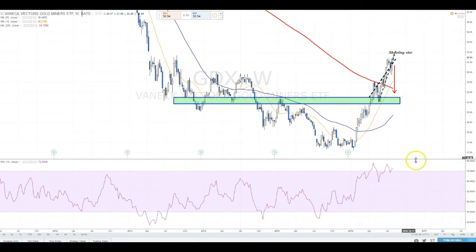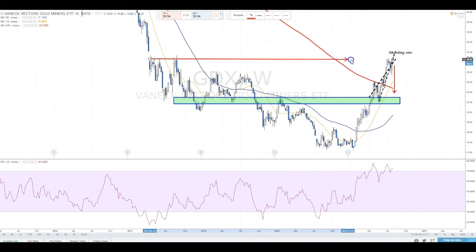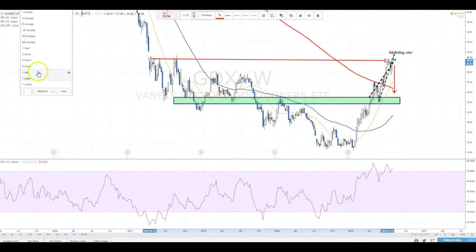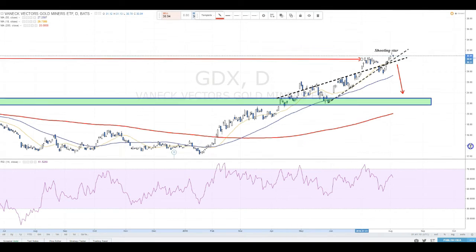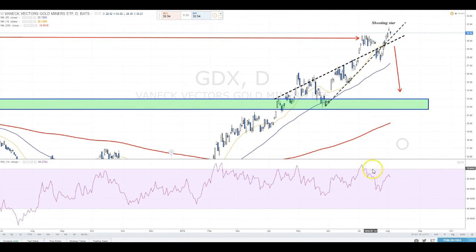Starting with the weekly chart, we see here a double top in the weekly RSI, overbought clearly, and we also have a structure zone here, this top with the gap here. So we have an interesting resistance zone based on the weekly chart. This is pure structure right now, and if we zoom into the daily chart, we see also a bearish divergence